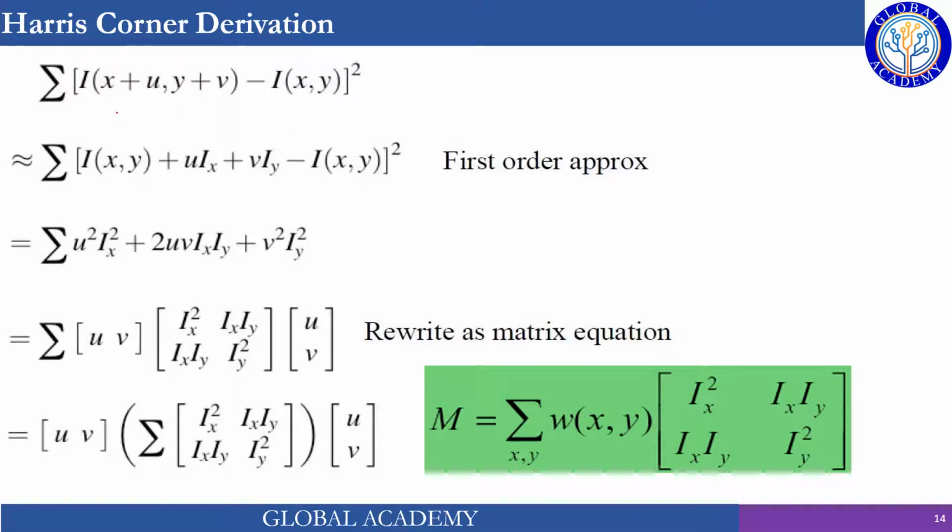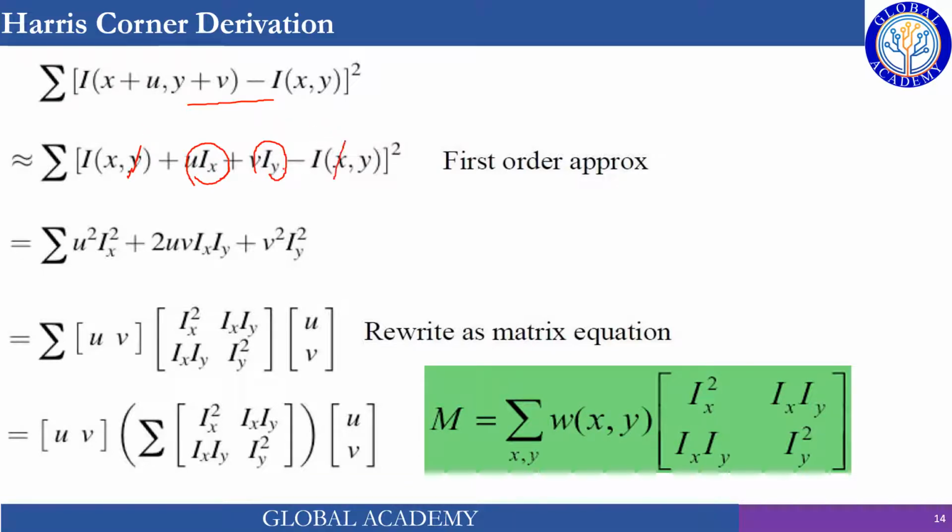So here is that difference. We can approximate this difference by using the Taylor series. This is the first approximation. I of x plus u, y plus v can be expanded as I of x, y plus u times the derivative of I with respect to x, and similarly the derivative with respect to y multiplied with v. So it's called the first order approximation of the Taylor series. We will get into further detail in the computer vision course, but right now we are just skipping some details of this expansion.